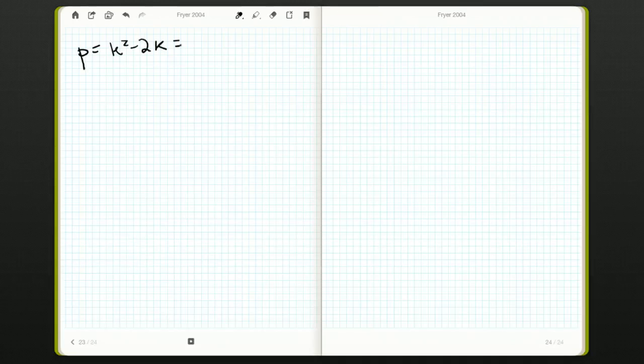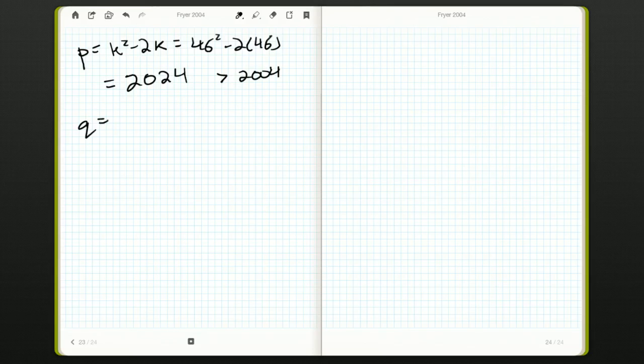K squared minus k, so that's 46 squared minus 2 times 46. 46 times 46, that's still 2116. Minus 46 minus 46, that's 2024. So that's still greater than 2004. Q is p plus k, so that's going to be 2070, because that was our previous value. And R is k plus, or p plus k minus 1,